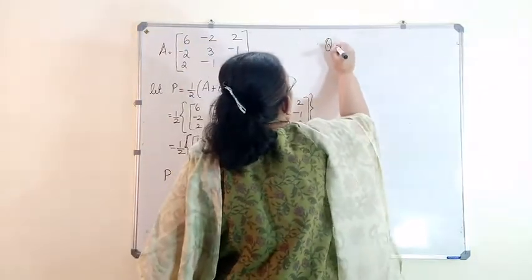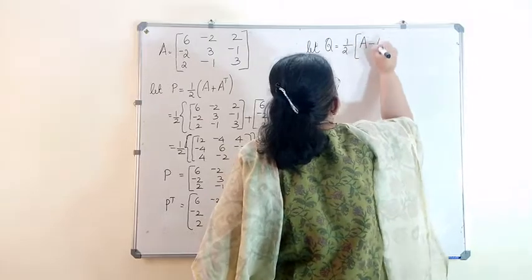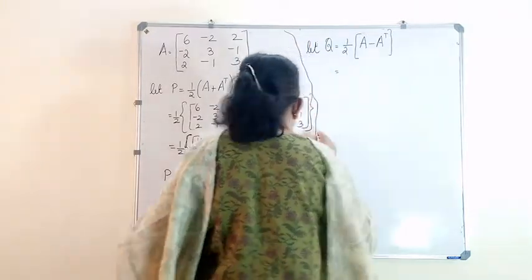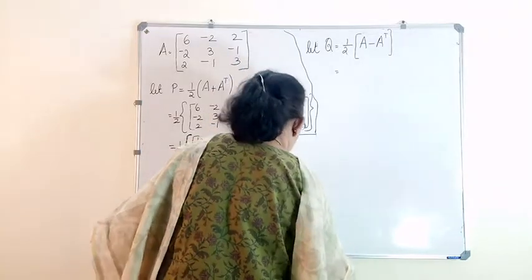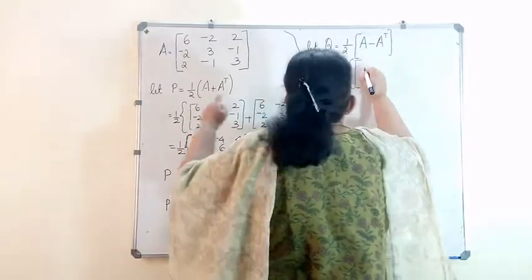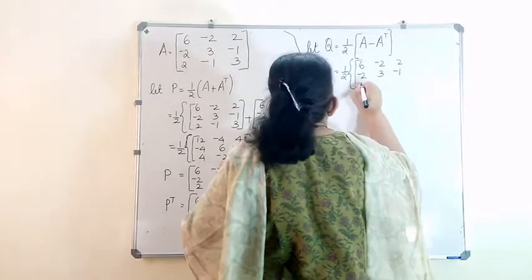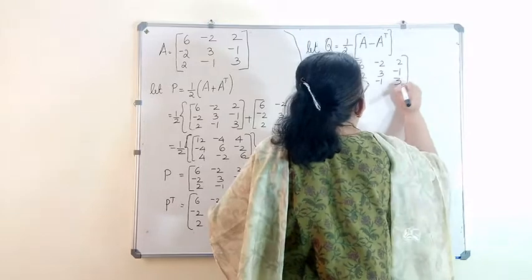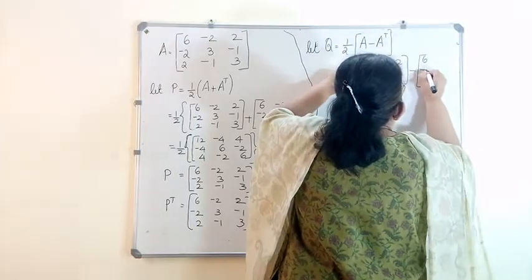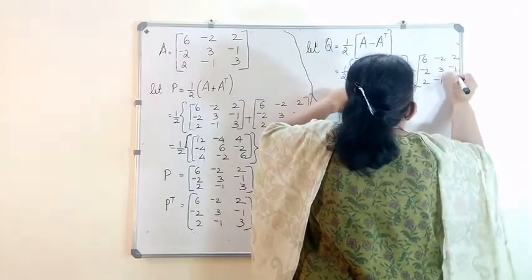Let Q is equal to half of A minus A transpose, equal to half of A minus A transpose, that is half of A. What is A? 6 minus 2, 2, minus 2, 3, minus 1, 2, minus 1, 3, minus transpose. So, row becomes a column. 6 minus 2, 2, minus 2, 3, minus 1, 2, minus 1, 3,